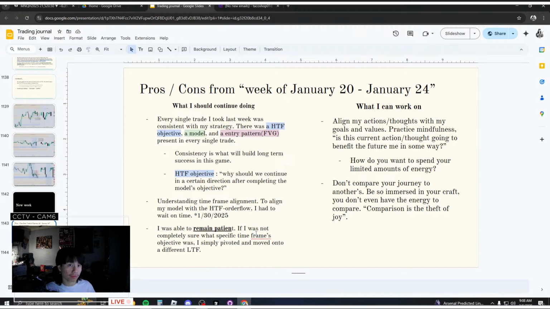So second thing for me to continue to work on coming into this week is comparison, right? For me, I've always been a bit of an overthinker. Always trying to, I guess, overanalyze things, right? And one of the things I overanalyze is where a certain person is in their journey compared to mine. I kind of have a general idea of what the root cause may be. I mean, childhood experiences, and just the whole idea of living up to expectations as an Asian American. But